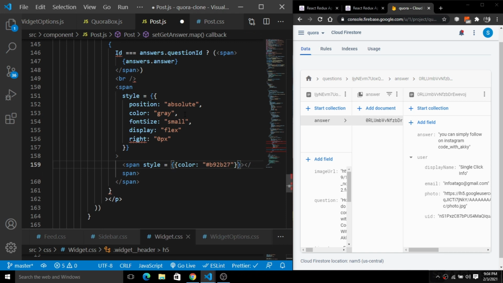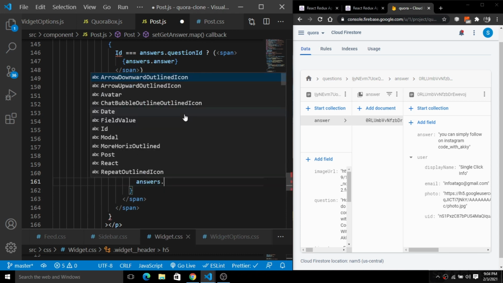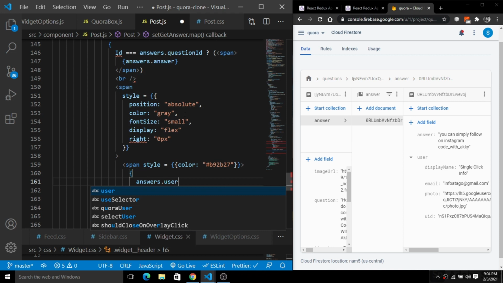Okay, next we have this answers here. So how we'll render the answer here? So here we have this answer.user. Inside of this you guys can see we have this user and we have this display name here. So answer.user.displayName.